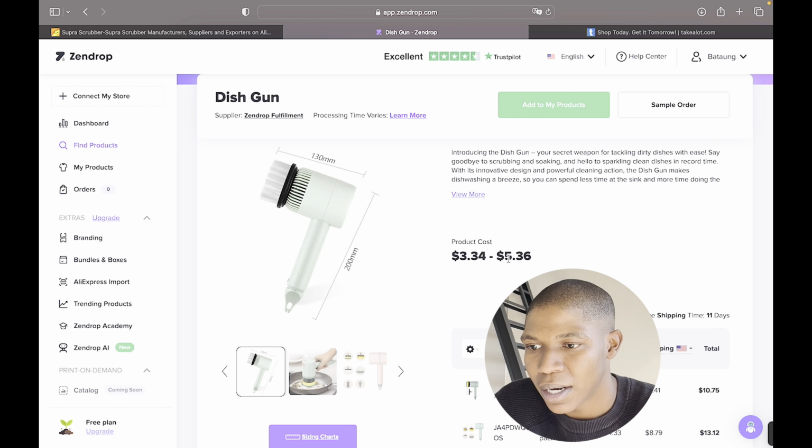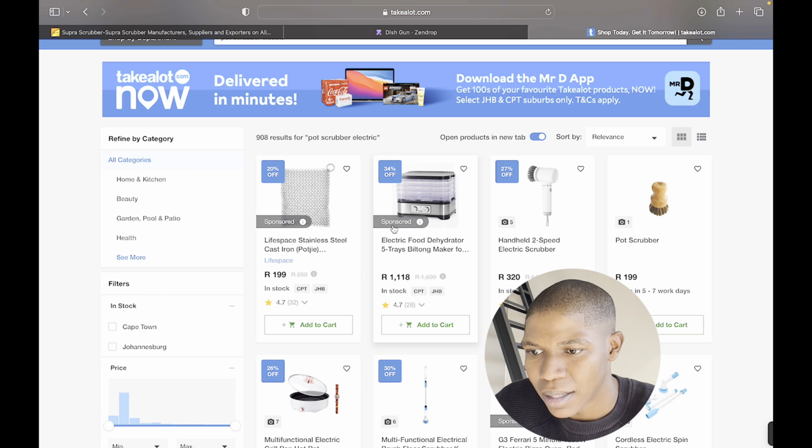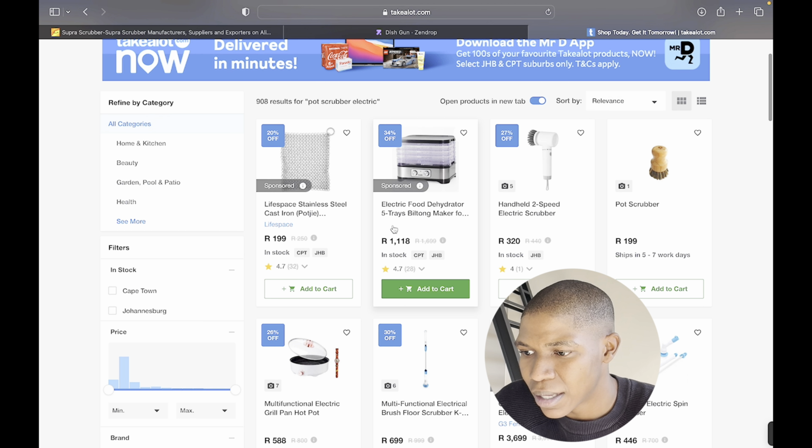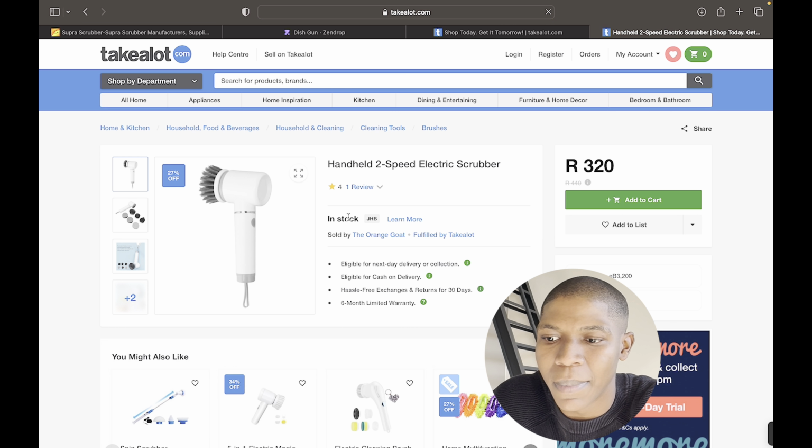Now, if we look at selling the product in South Africa, we can definitely source it from Takealot. I've been struggling to find the exact same one, but this is similar enough. This is at 320. It's a bit more than what Alibaba and Zendrop are quoting, definitely, because I'm sure Takealot is sourcing it from someone for probably a similar price and then selling it for 320. So yeah, you can source it from Takealot if you want to sell in the country,